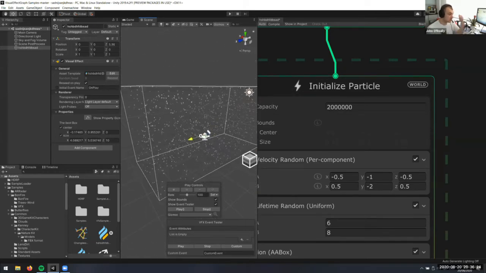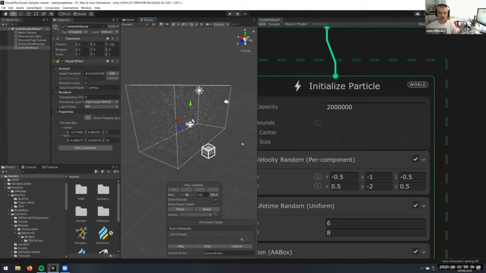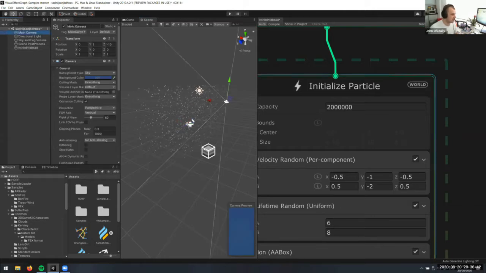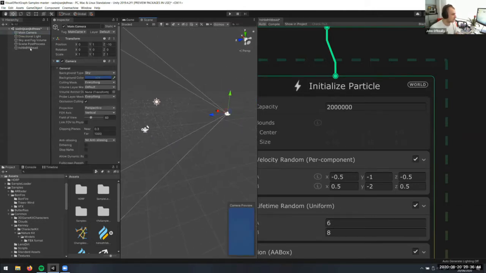So why would you want to do something like this? Well, for a snow visual effect, you want to give the illusion that the entire scene is covered in snow, right? But you might have a really large scene that's thousands of meters of area that you'd be calculating particles from, maybe not necessarily when people are even looking at them. So what you can do is I can take my main camera here, and if I take this visual